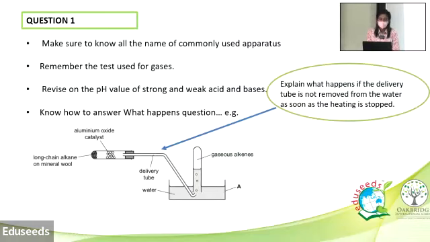For the first question, you need to know the names of commonly used apparatus. Next, you need to remember the tests used for gases, and revise the pH value of strong and weak acids and bases. Although it's a very simple question,